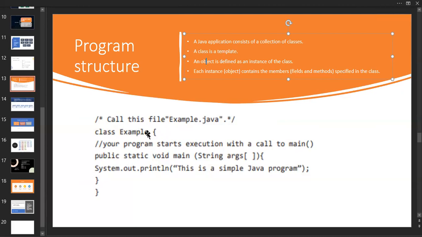User defined in the sense according to what the user wishes. If he wishes to do something, that is user defined. Predefined in the sense already available. The class keyword is already available inside Java. That's why this is a predefined keyword. It's already available. And this is a user defined name. We are going to choose it on our own. Okay. And next.